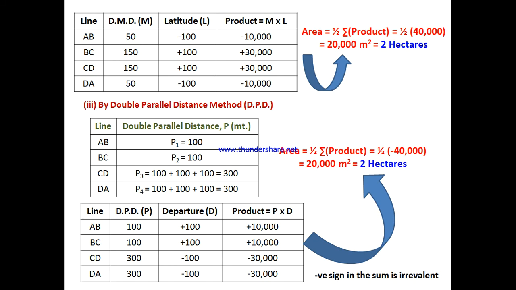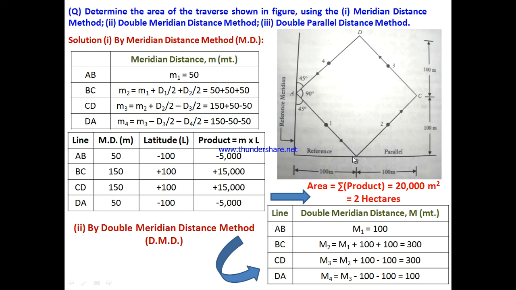Okay, so in this manner we will calculate the value of parallel distances from a reference parallel, and then we just need to calculate the value of departure according to proper sign convention, and then we will calculate the product. See here, the basic difference is that for doing the product for the meridian method we take the latitude value, but here we consider latitude values in calculating the parallel distances and departure values in calculating the main area,